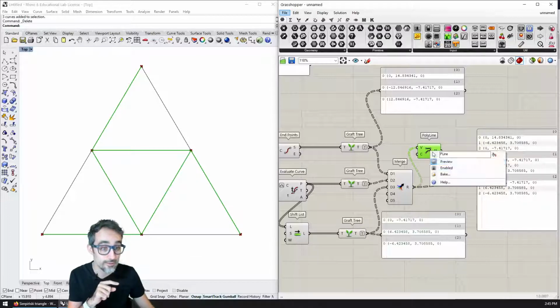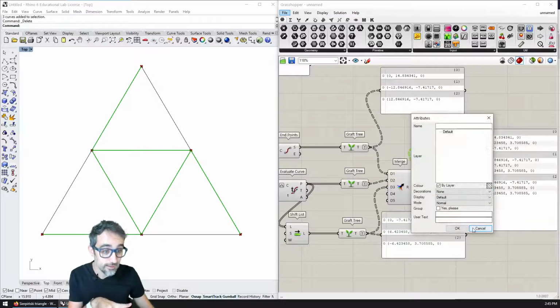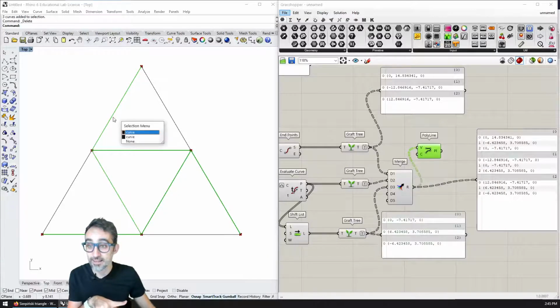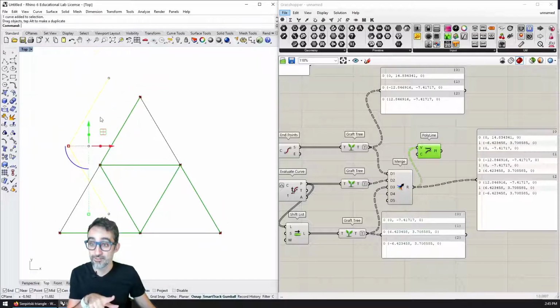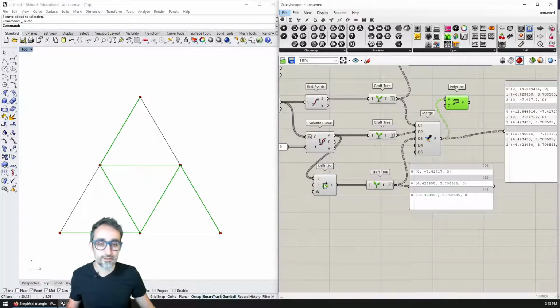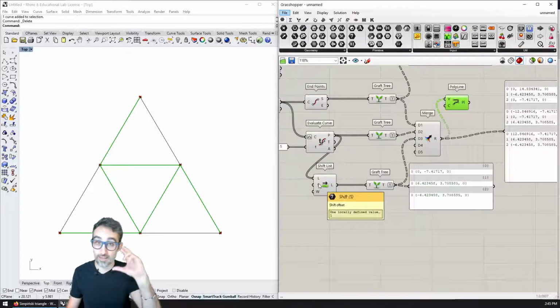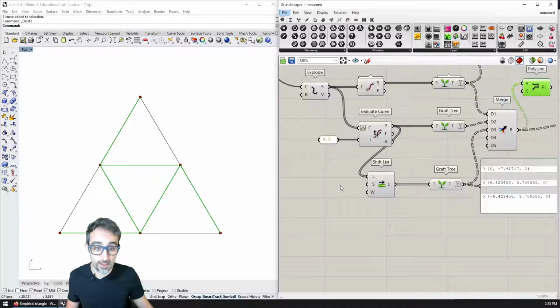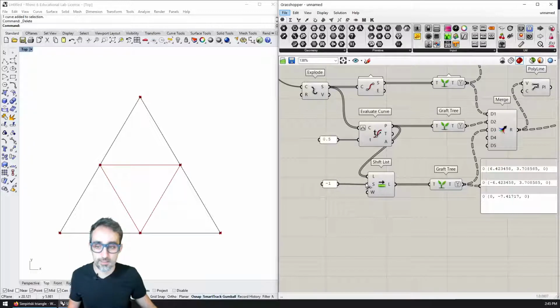But it turns out that when I bake it and take, for example, this one, the curve that I'm getting is actually this one instead of this one. And the other one is this one, and the other one is, yes. So it turns out that I was shifting the other way around. I was shifting +1 instead of -1, which is what I should have done. So I'm going to shift the list in the opposite direction.